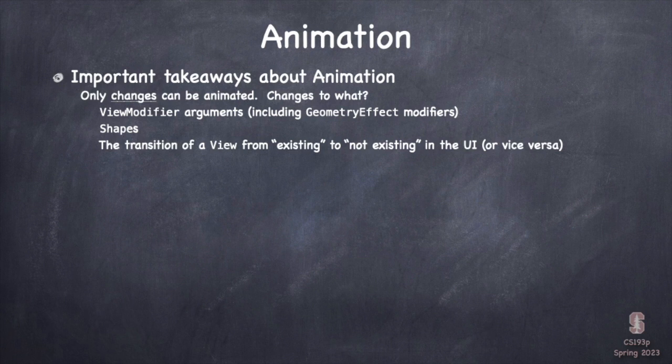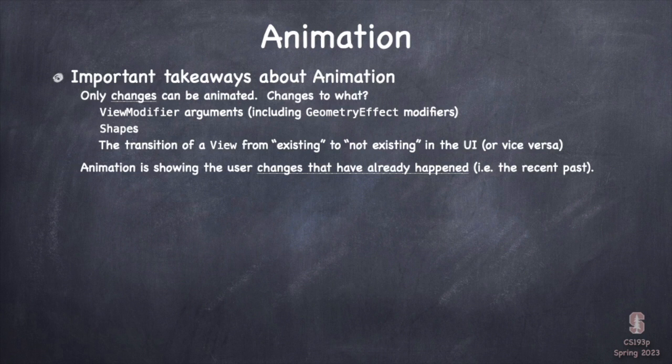And also, I call this out as a separate thing, but you're going to see it's actually just a variant of the first thing there, which is views coming and going from screen, right? A view comes on screen, you want to fade on, okay? Or it goes off screen, you want to fly off or something like that. That's views coming and going. So those are the 3 things, the 3 kinds of changes that are happening that we're trying to animate. This is probably the most important line on this slide.